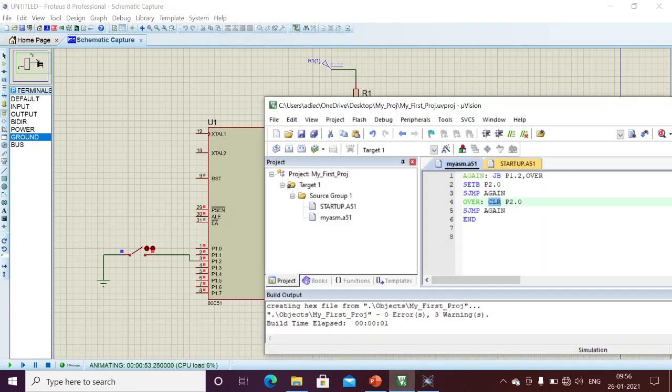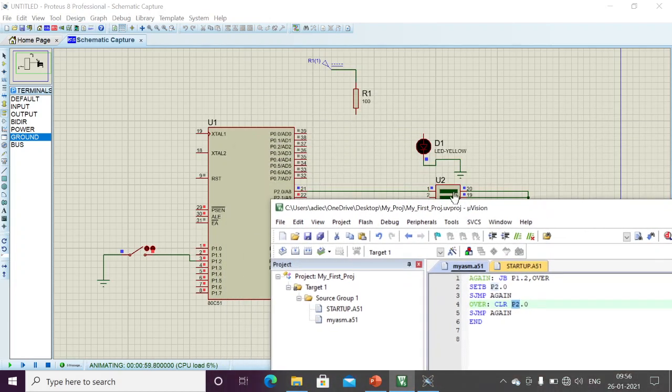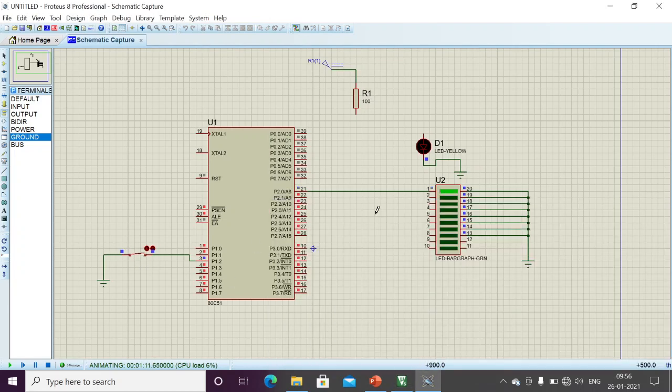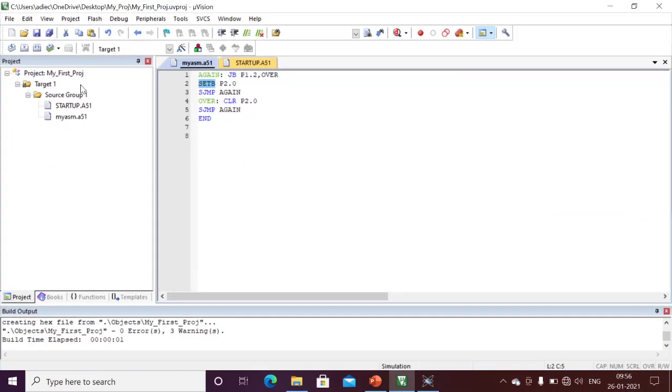Okay. Now the bit is set. See here, JB 1.0, the bit is set. Now I am going here and clearing 2.0. Okay, this 2.0 is cleared. I have executed and satisfied this statement. If I open the switch, and if I close the switch, the logic will be 0. I will come to this case and set the port 2.0. This is a simple way we can understand the program and design it.